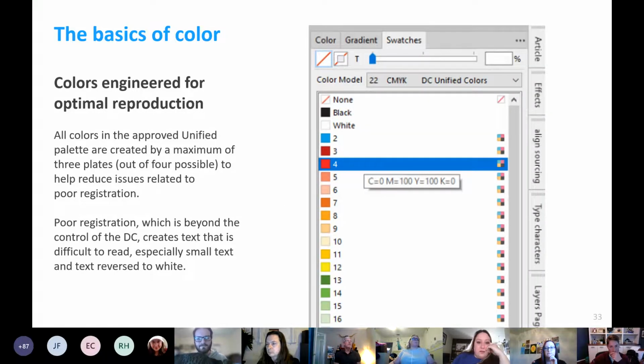As part of the updates to Unified Style, as the former Design Studio and C&D combined, a new color palette was created. The palette was engineered to include a wide range of colors that should print well. All colors in this palette use a maximum of 3 out of 4 plates. Many use only 2. This should help reduce poor registration costs when the colors are layered on top of each other during the printing process.